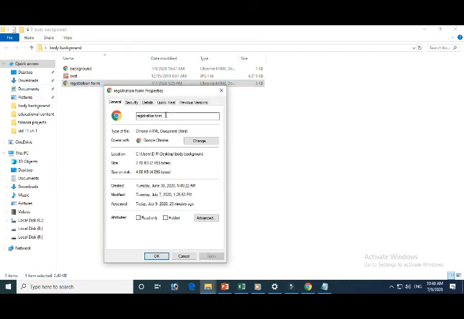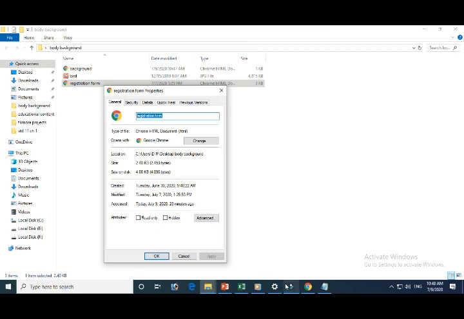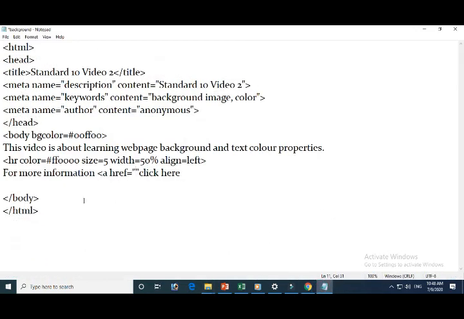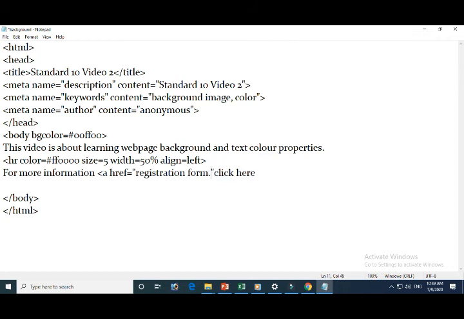Then close this angular bracket of anchor tag and after click here, close this anchor tag by typing /a.